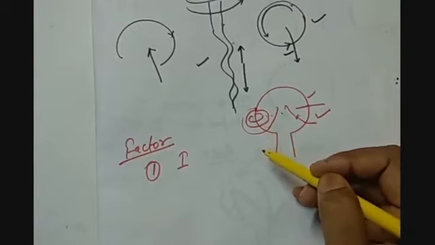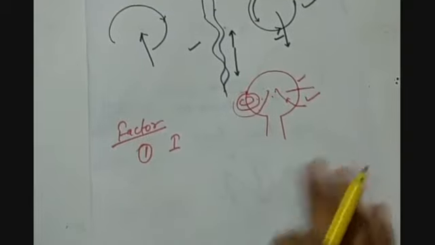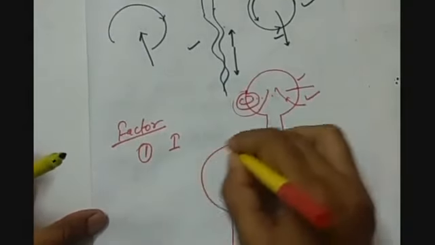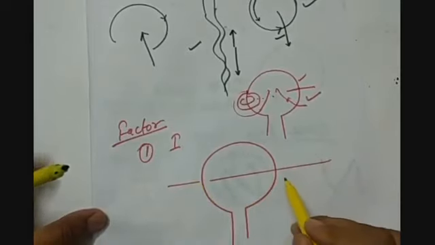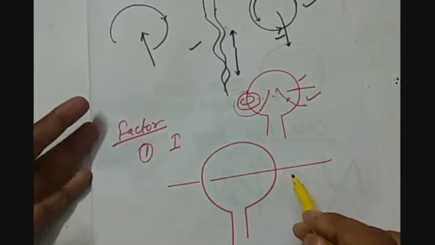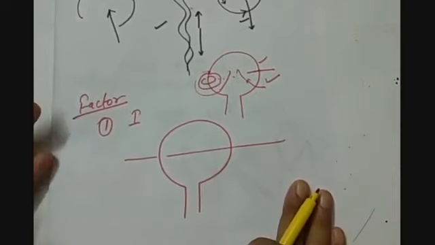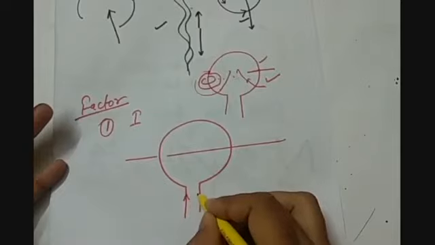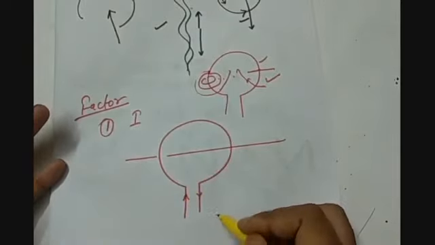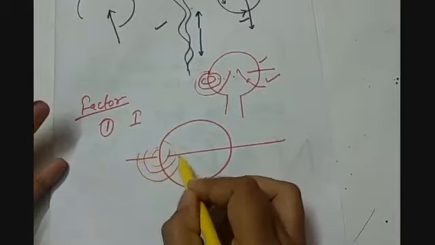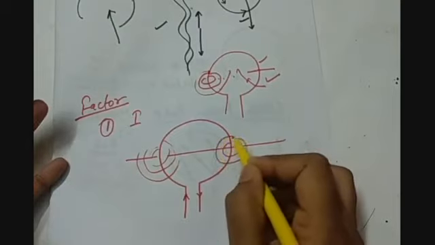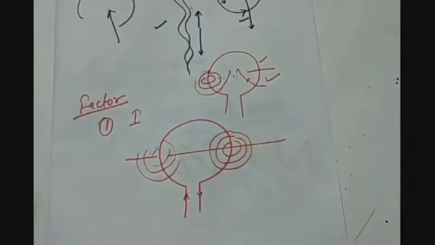And how we are going to get it? If we pass a circular wire through a cardboard, we sprinkle the iron filings on the cardboard, and when we make the current flow in the circular wire, then we see that the circular, or you can say the concentric circles, are formed around the conductor in this way. So we can have different values of current.